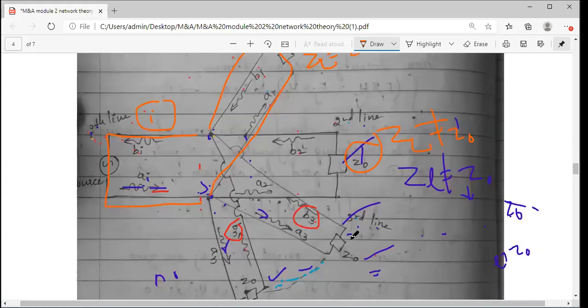I had told you, if I keep drawing, I would have to draw n different figures, right? So this is only for the first figure I have drawn, where the first line is not terminated in Z0. All other lines are Z0. But if I have to draw the second figure, what should I change here? I have to make this ZL equal to Z0. All other figures will be the same. Only in the second line ZL will be not equal to Z0. Now if I draw the third figure, in the third figure I will have to change this, not equal to. All other figures will be the same. So like that, n different figures will come.